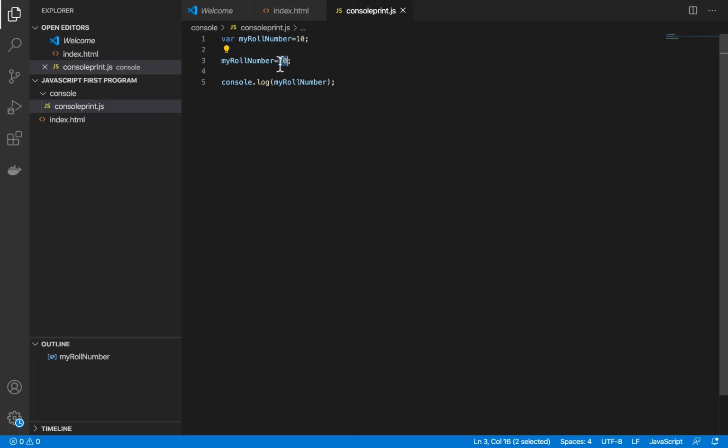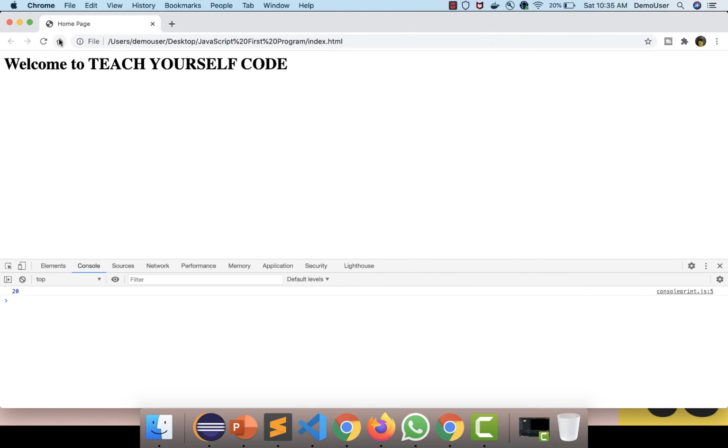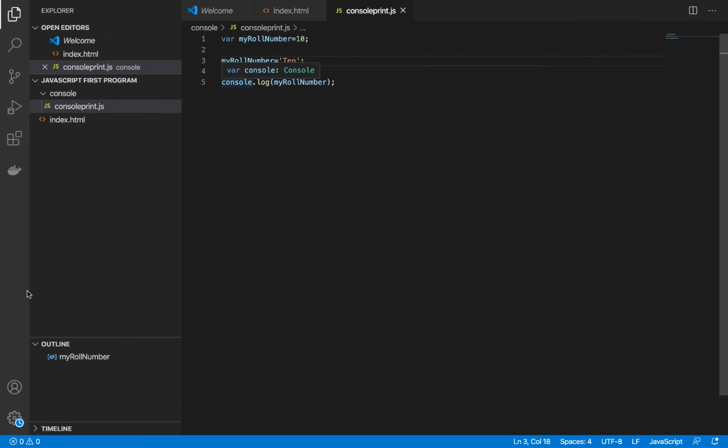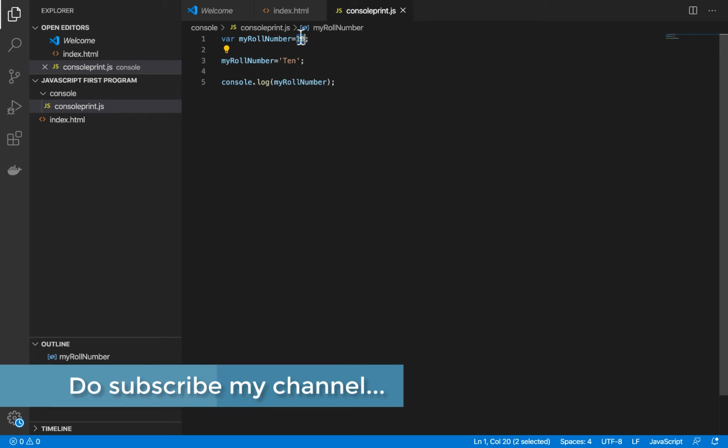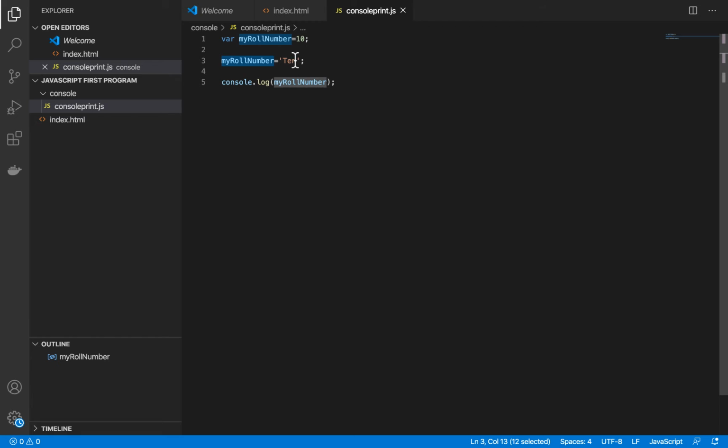Now what if I want to give a string value for this? So I will say, let's say, "10", and if I hit enter, you can see 10 is getting displayed over here after refreshing the page. So this is called variable mutation, in which you can reassign a value to a particular variable. Initially it was declared as an integer value, that was 10, and now we have changed the value of this variable to a string. That's what is called variable mutation, in which you can change or modify the value of a variable to whatever you want.